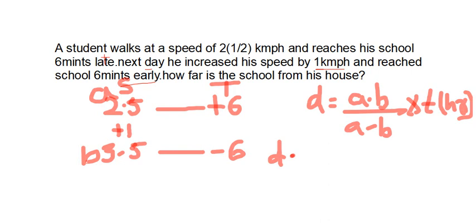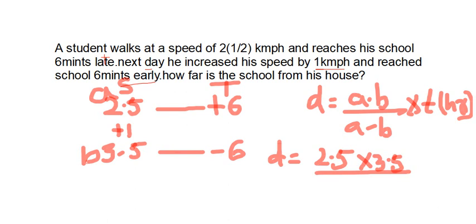D equals 2.5 into 3.5 divided by A minus B. Here many will do 2.5 minus 3.5, that is minus 1. No, in averages there will be no negative answer. Every time answers will be positive only. Distance can't be negative, right? So A minus B means don't do 2.5 minus 3.5. Do 3.5 minus 2.5, so you get the positive value. Either way you get 1 only, but if you do 2.5 minus 3.5, you'll get a negative value. You should not write negative answers anytime in averages.